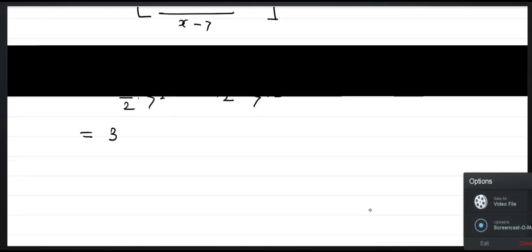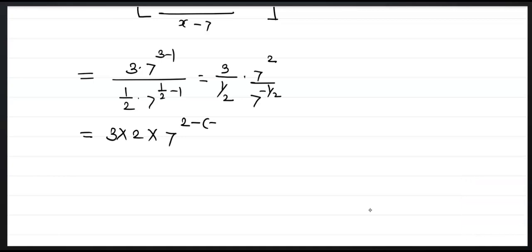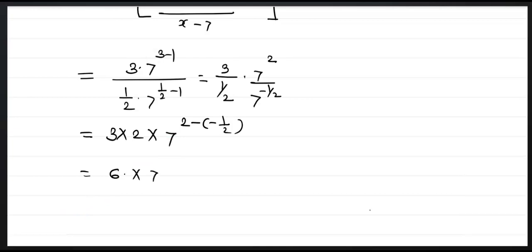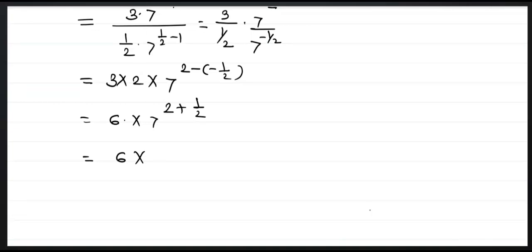Normal simplification is there. Now here see, that is 3 upon 1 upon 2, that is 3 into 2 into 7 raised to 2 minus 1 upon 2, that will become plus, that is 4 plus 1, that is 5 by 2. Therefore 6 into 7 raised to 5 upon 2,